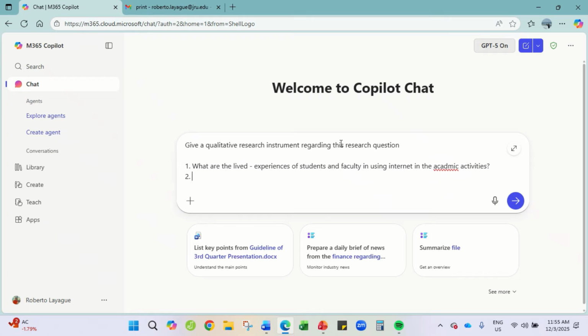Then research question 2: what are the challenges of students and faculty in using the internet in academic activities?